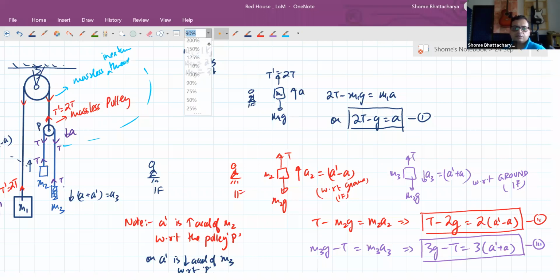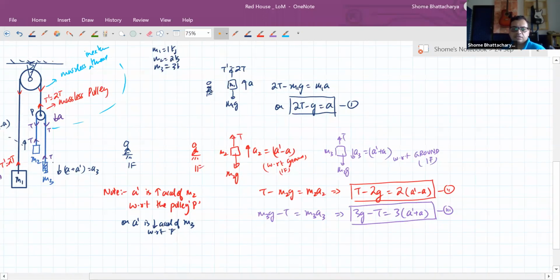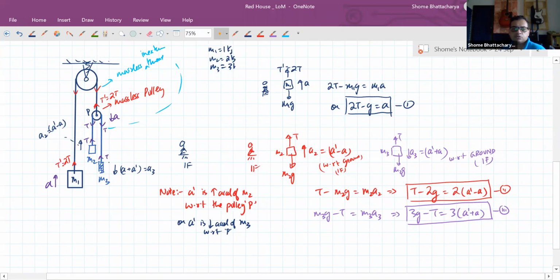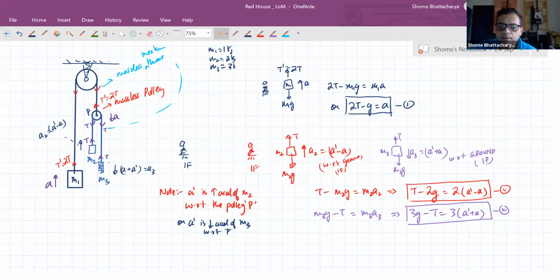But before we solve this, I'll also show that if we had chosen the other option, we could make the FBD of M2 and M3 with respect to this pulley. That would be a non-inertial frame, so we'd have to include pseudo force. But in that frame, their accelerations would be of magnitude A prime, upwards and downwards. Still we would get the same equations. The setup of the equation would be different, but mathematically the equation would be the same. So in this question again you have an option. You want to go with inertial frame, you can do that. You want to go with non-inertial frame, you can do that also. So first of all absorb these equations and tell me if there's any doubt in this.